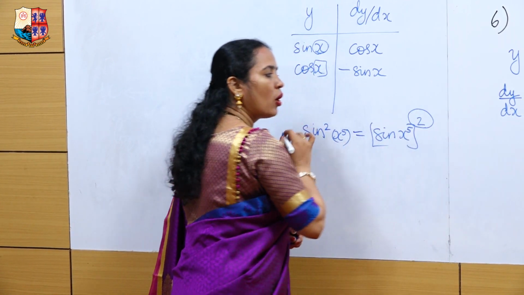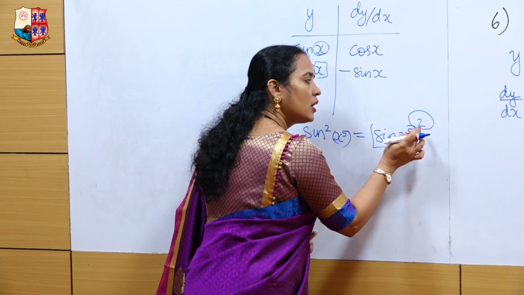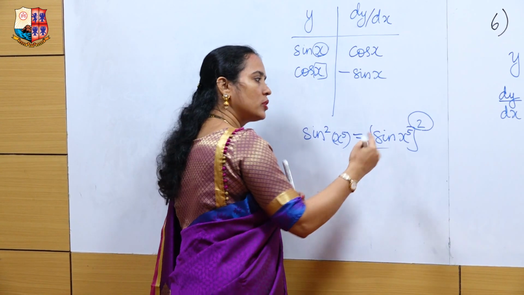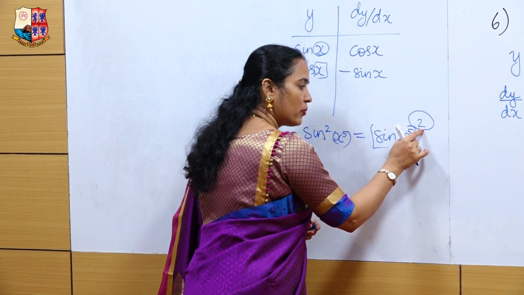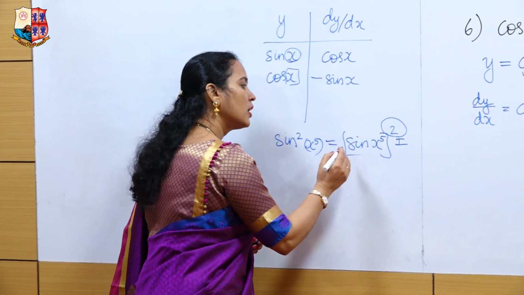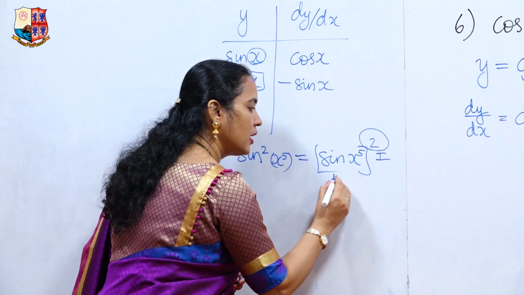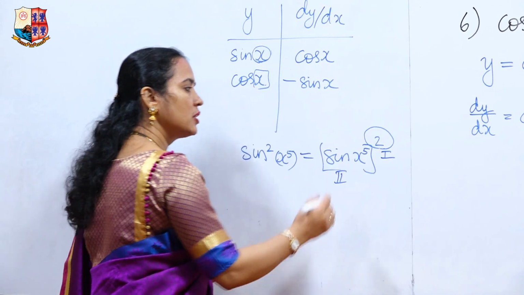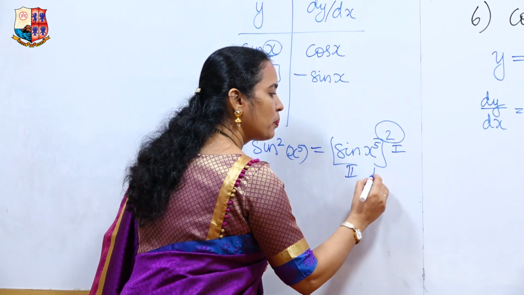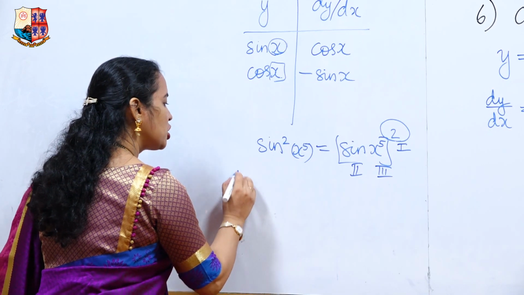So what do you have outermost? You have outermost the power. So first in chain rule, come from the outermost, differentiate the power. So this will be your first function to differentiate. Then you will use sine function, differentiate sine. So this will be your second function, and then differentiate x to the power 5, which will be your third function.